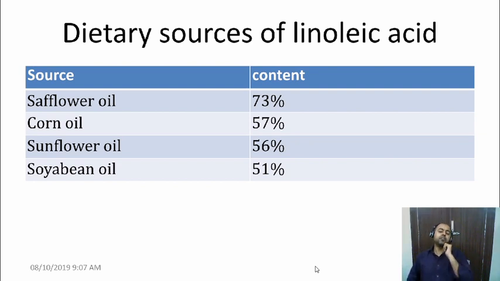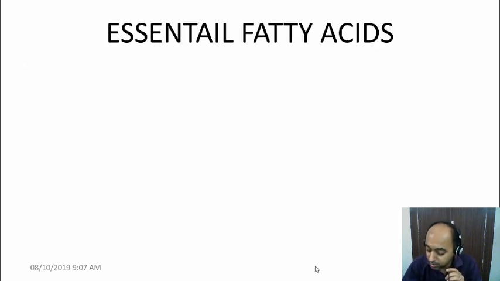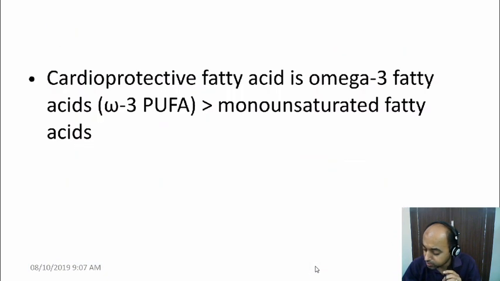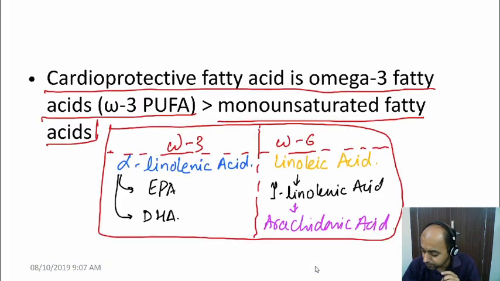Now this is again very important. This comes again and again repeatedly, and the options keep shuffling from one side to another, and every time they change the option, the correct answer will also change. All right. So dietary sources of linoleic acid, this is by far the most important fatty acid that you are going to mark. Among these, if you have to mark one answer, the most important essential fatty acid will be the linoleic acid. Most important, the PUFA will be linoleic acid.